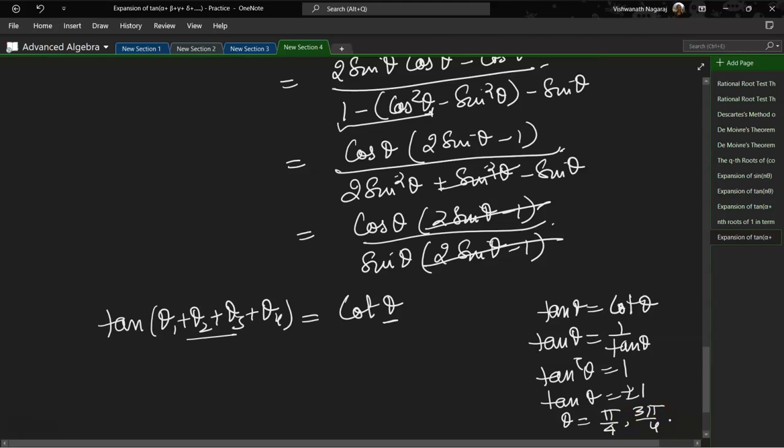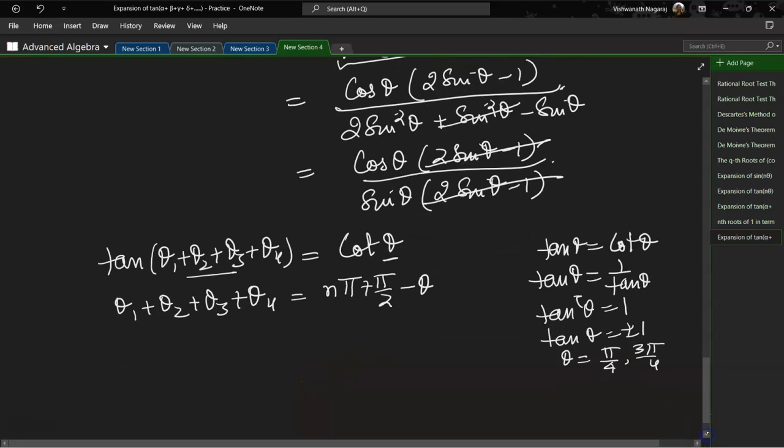Okay, which means here theta 1 plus theta 2 plus theta 3 plus theta 4 is going to be equal to n pi plus pi by 2 minus theta. This is 90 and this is a multiple of pi. So if theta is 45 degrees, 90 minus 45 is 45. 45 plus pi, if n is 1, plus pi would be 45 plus 180. So in a unit circle, it will be exactly opposite. Okay, so therefore